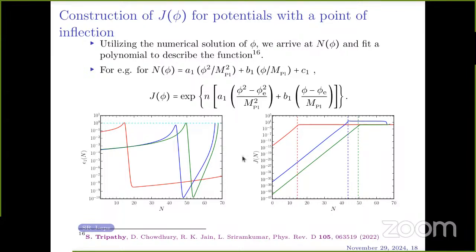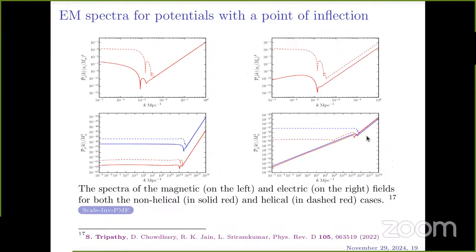However, in these models, because the field becomes constant, when we construct the coupling function using the solution of the field, we get a constant coupling function. So using that coupling function, if we try to obtain the power spectra of magnetic and electric field, we see that